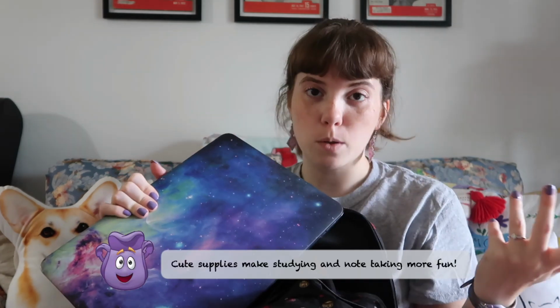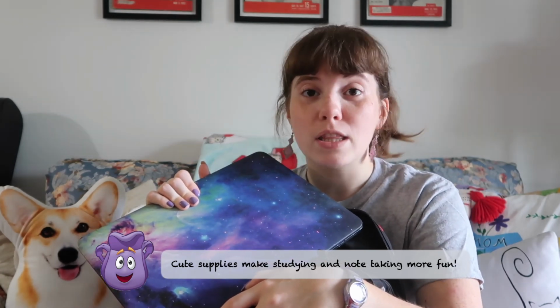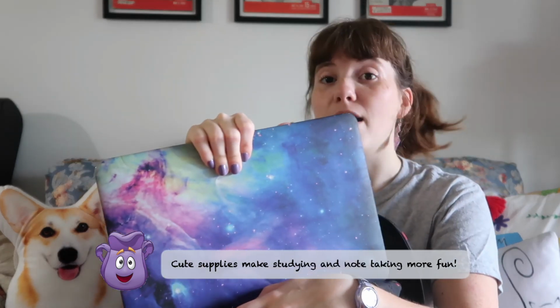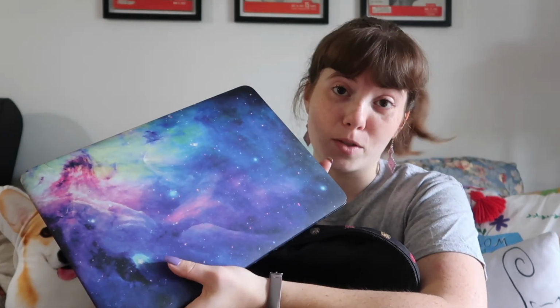But one thing that I find is really helpful for me, and this is a little superficial, I'm a visual person, so my notes and my class items and my supplies looking cute makes me study harder. It makes me learn things quicker. I don't know if that's a placebo effect, but it's a thing for me. So when I have cute supplies around me, it really helps. So that's another tip that I have, is make your stuff cute. Don't go crazy and spend $1,000 on buying supplies. But this was probably $20, and it's super cracked and messed up, so it's obviously been keeping my laptop safe from some wear and tear. So get some cute supplies, and that'll help you be more motivated to study, because everybody's happier when they're